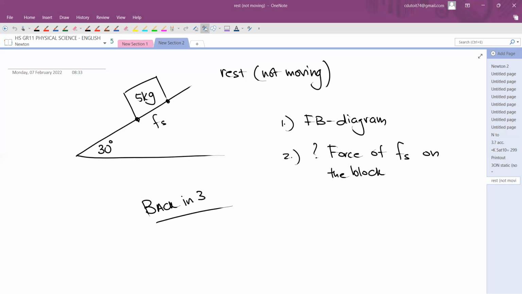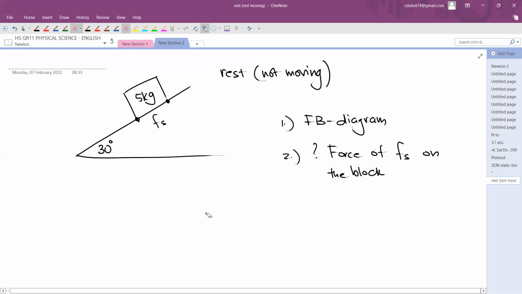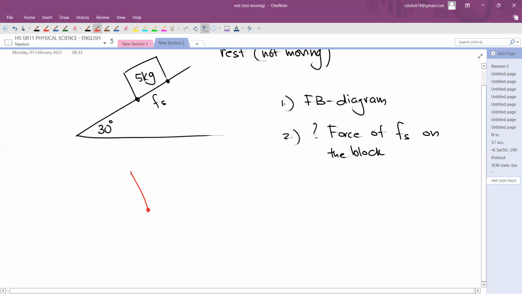I'm actually back in the app. How are you doing? Okay, I guess. I did the free body diagram, but I've got normal force there. I've got a frictional force there. Static. Oh, okay, static. Then I've got